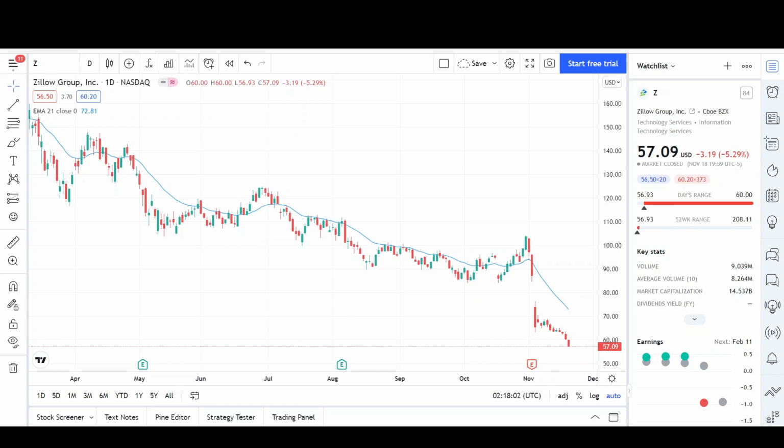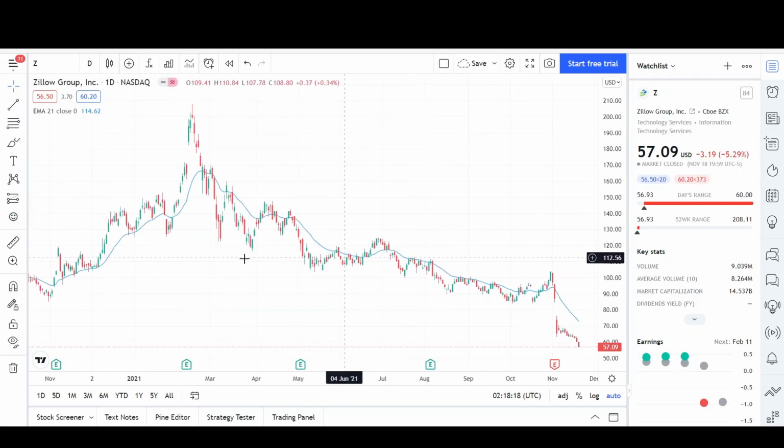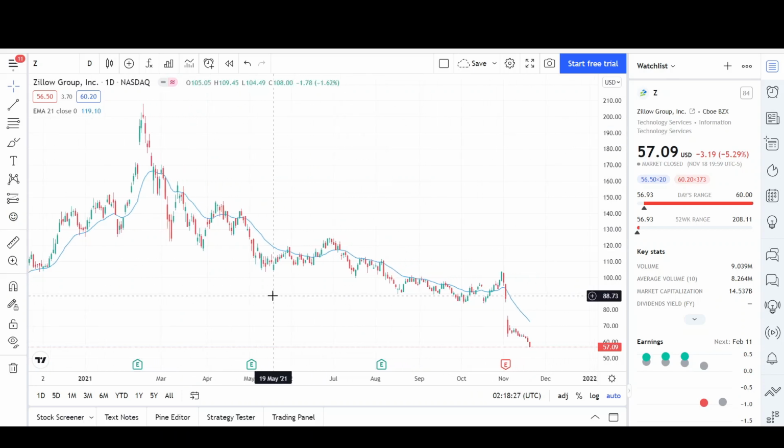We'll start out the technical analysis by going over what I see on the daily chart and potential price targets. Then we'll take a quick look on the weekly chart to wrap it all up. So Zillow has been trending down for quite a long time. It looks like since it peaked back in early February this year, and then it started going into a spike